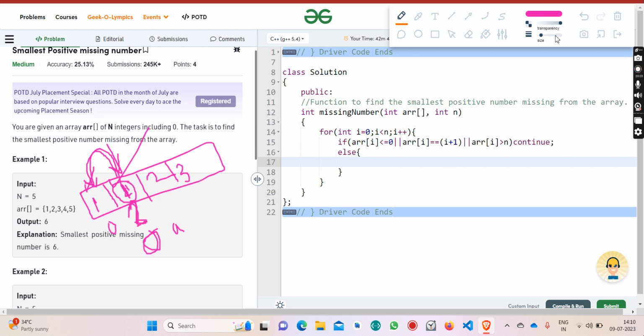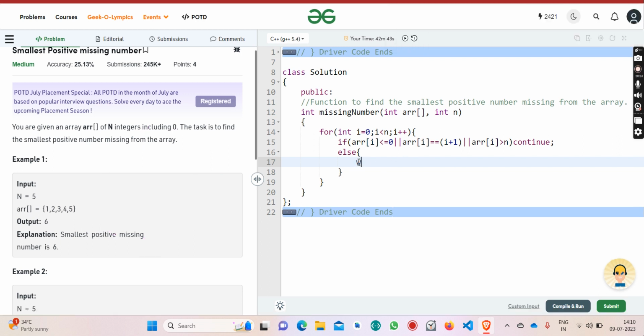So okay, let's code it. While ARR of I is not equal to I plus 1, until it's in its correct position, we would have to swap it. And ARR of I